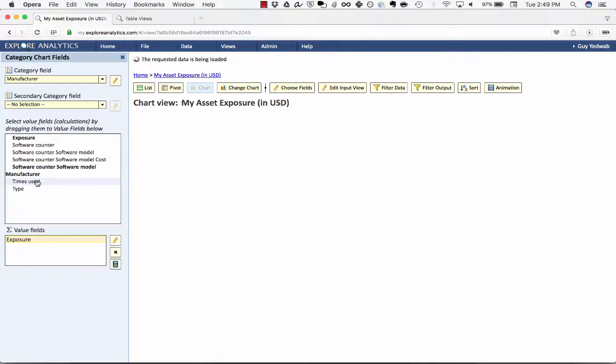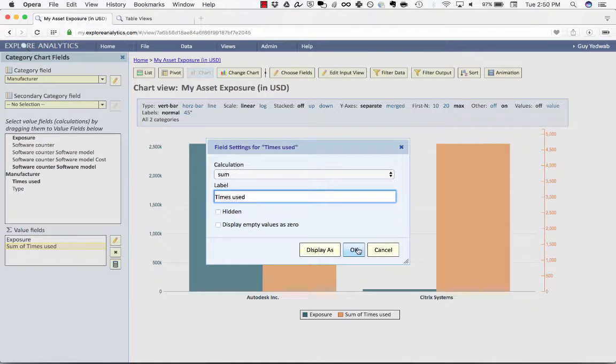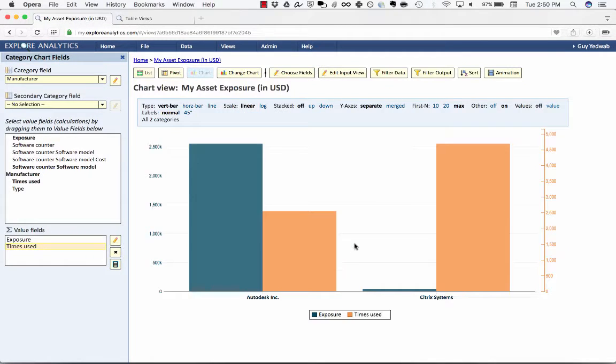And just as a point of contrast, I'll also show you that sum of times used that we had before. The reason I'm going to show you this is because before we saw that Autodesk was being used 2,555 times. And now we can see that adds up to an exposure of 2.5 million. Whereas even though we're using Citrix a lot more, the exposure to the company is actually a lot less because